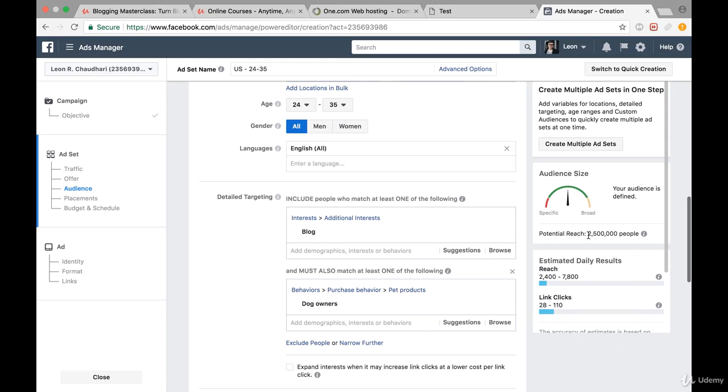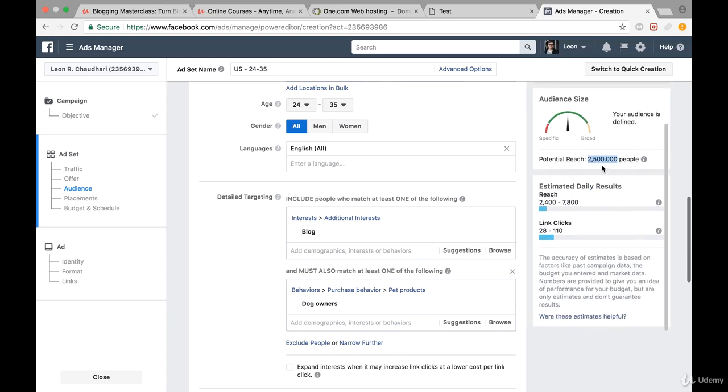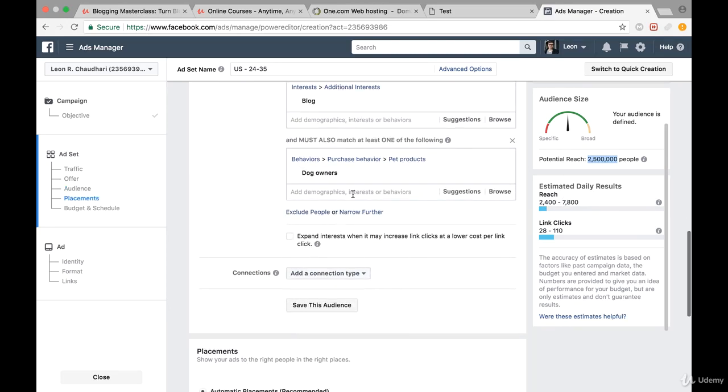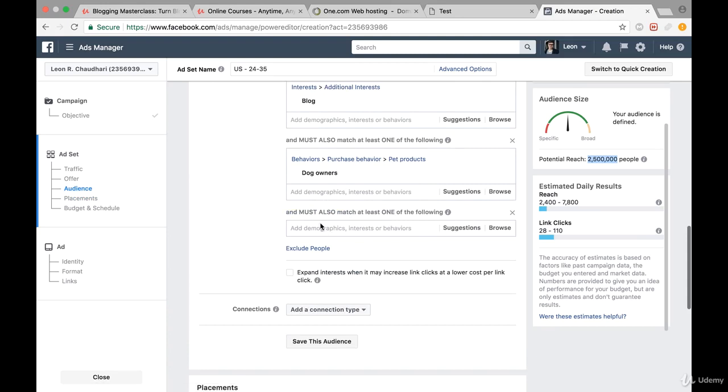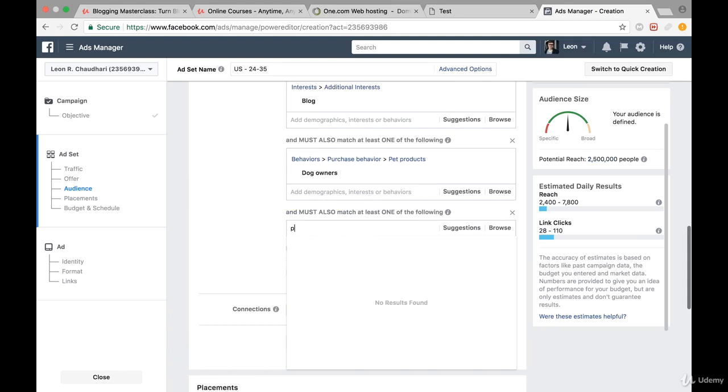And as you can see, our results reach is right now down to 2.5 million, and we have 2,400 to 7,800 as a daily result, and of course link clicks 28 to 110. Now, of course, we can add another interest. We can narrow the audience even further, or we can exclude people. So for instance, when we narrow the audience even more, we can type in companies that